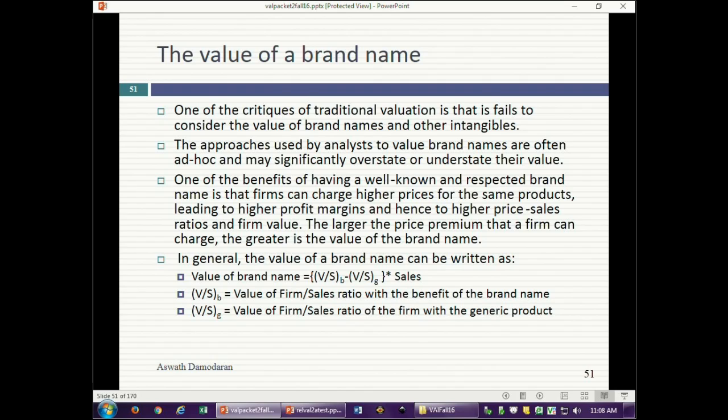So I'm going to use this as my platform to value brand name. And I'll tell you what got me started on this was listening to marketing people constantly use brand name as a buzzword. You have this brand name company, you do a discounted cash flow valuation, and they say, well, you missed something very critical. You missed the fact that it's a valuable brand name. So I'm going to strip things down to basics, and if you're a marketing person, you're welcome to tell me what I'm missing. To me, the essence of a brand name, the power of a brand name is